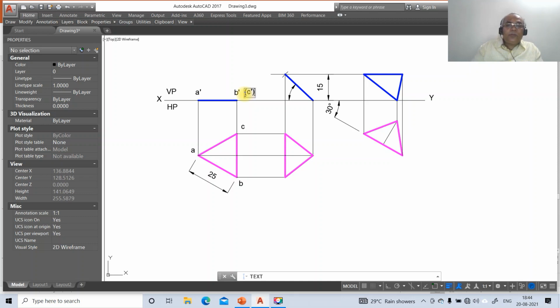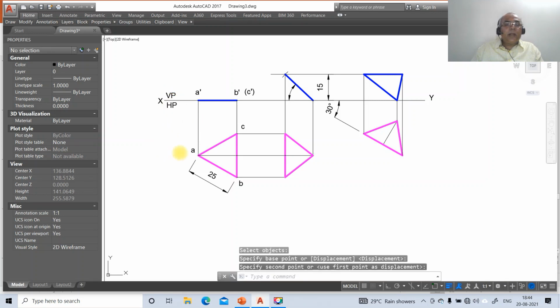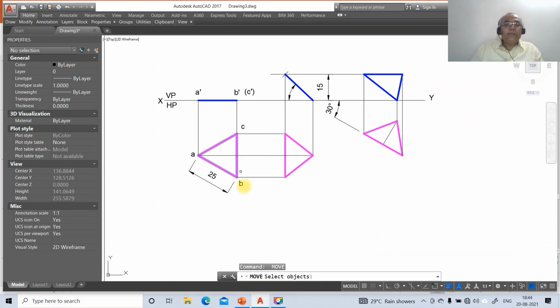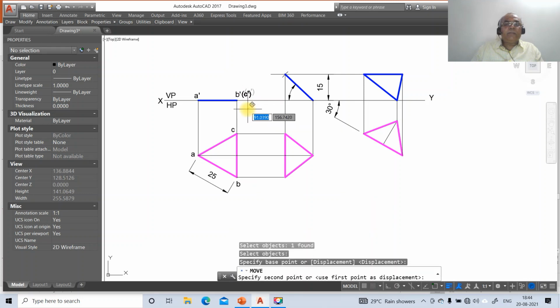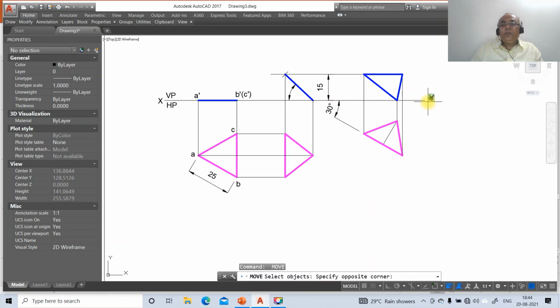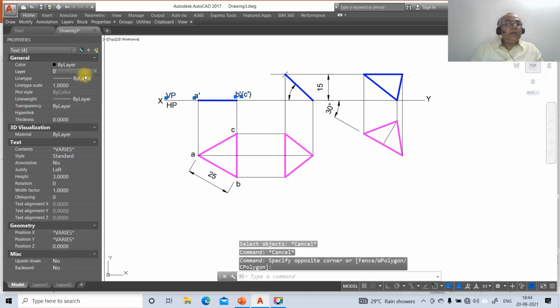Now once you do that, then go to move, so you move X, you move VP, and you move HP, and here you move this as A, and this as B, and this as C. Then you have A dash, then B dash, then C dash, then you move this as Y.